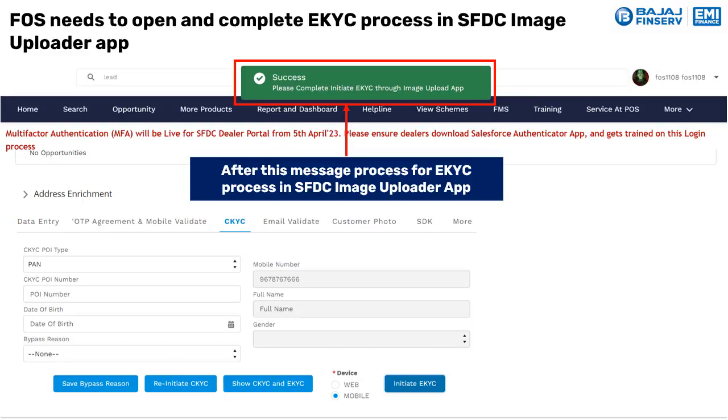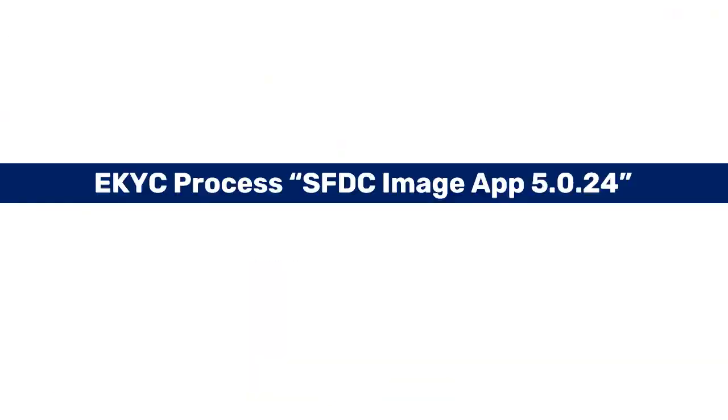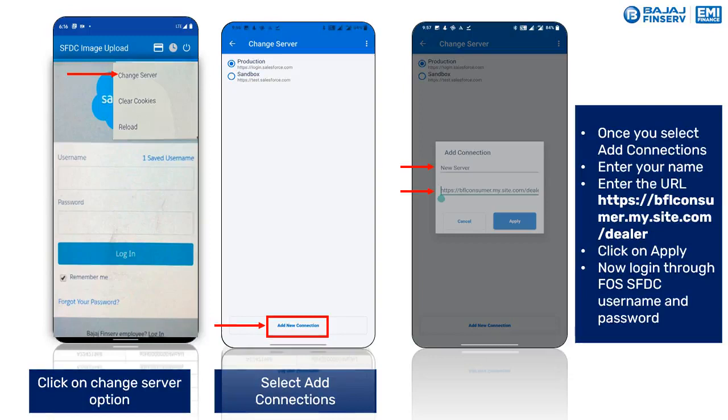If you're logging in through the mobile, it should be connected to your mobile. Now, how does this work? In your image app uploader, right at the top, click on change server, select production, click on add new connection and enter the URL